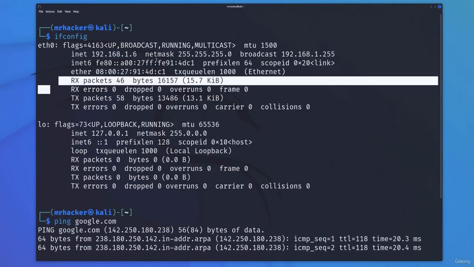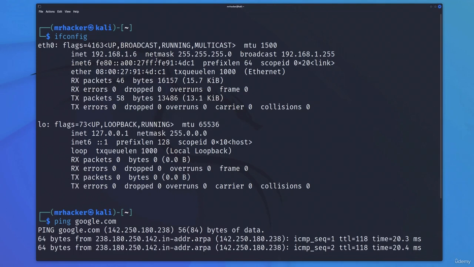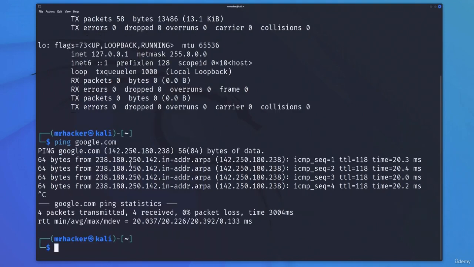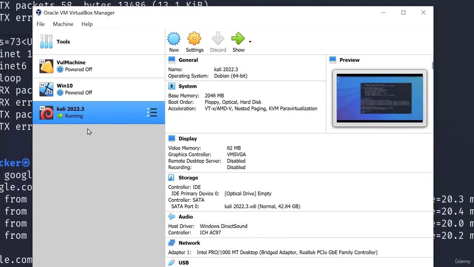If both of these also work for you, feel free to continue and you can skip the rest of this lecture and just move on to the next one. If your Bridged Adapter, however, is causing some issues, whether that being your IP not being present here, or you not getting any packets back from Google or any other website or IP address, then we have to change our network settings. So go back to VirtualBox window, select your virtual machine or your Kali-Linux machine, go to Settings,